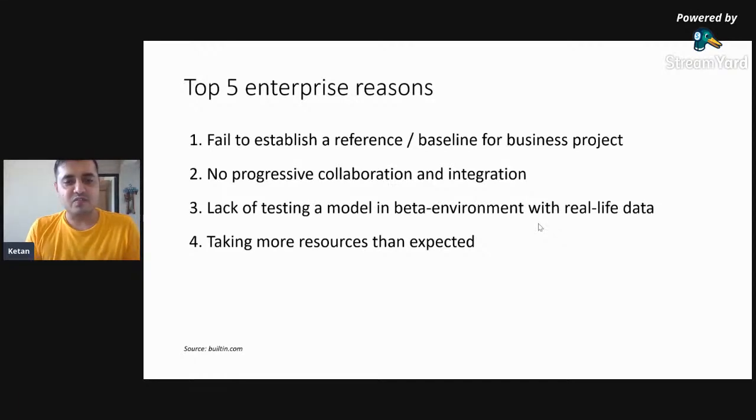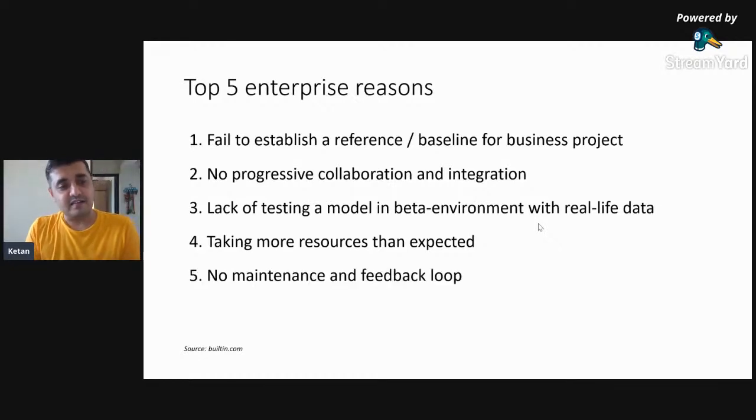And once the resource usage is very high, you do not want that to happen. So the last in the top five, I feel, is that there is no maintenance and feedback loop. Now, for example, when we create a model,